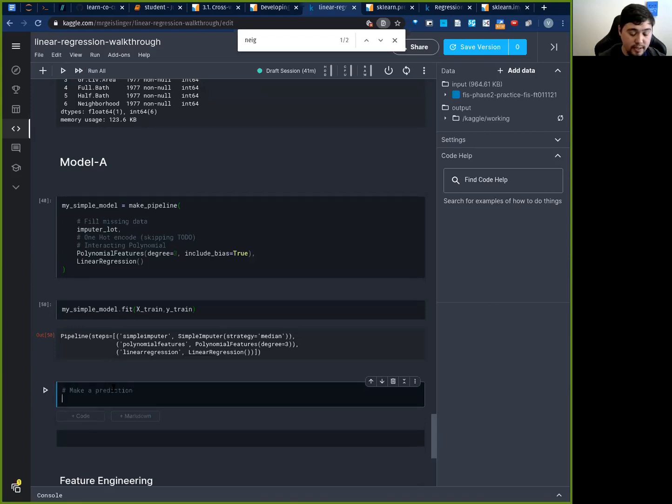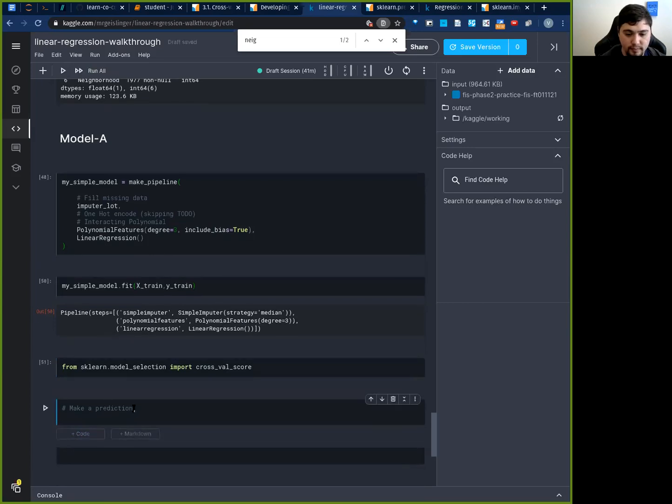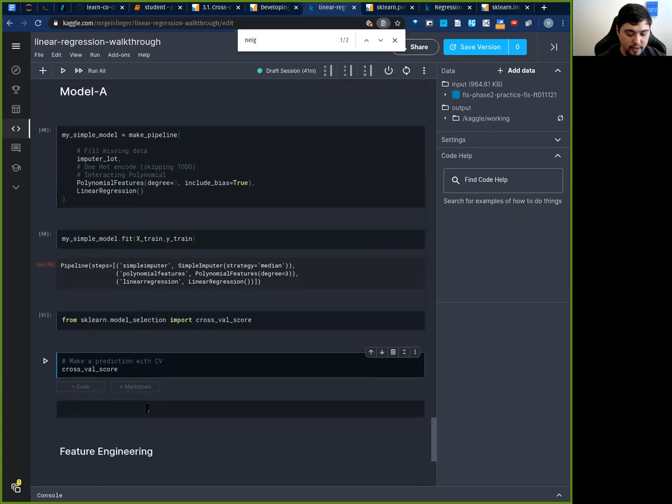So I'm going to do cross validation. Do I have enough time? Ooh, all right, getting close. From sklearn.model_selection import cross_val_score. With cross validation, so CV, and I say cross score. Oops. cross_val_score, and then I think I have to